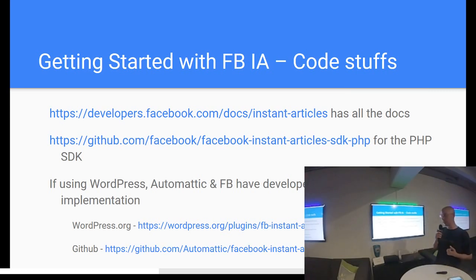And again, I'm a WordPress fan, so if you're using WordPress, Automattic and Facebook together have actually developed a plugin to implement it really easily. I've got the URLs there, and again, it's cut off. Sorry about that. With AMP pages, only posts are supported out of the box, but if you have a custom post type, those can be added with a filter and some custom templates.